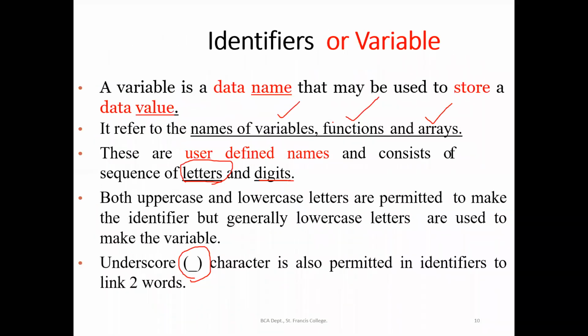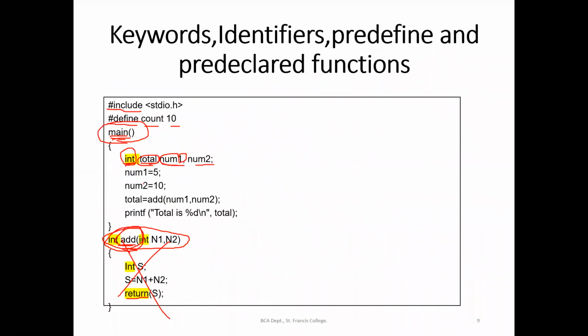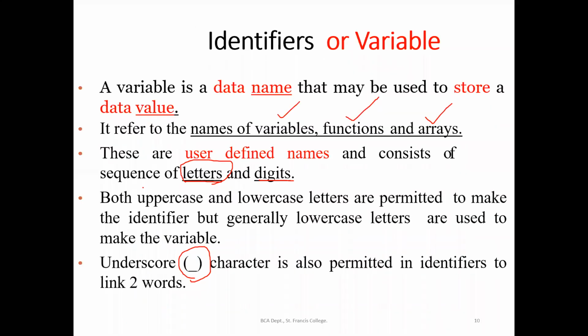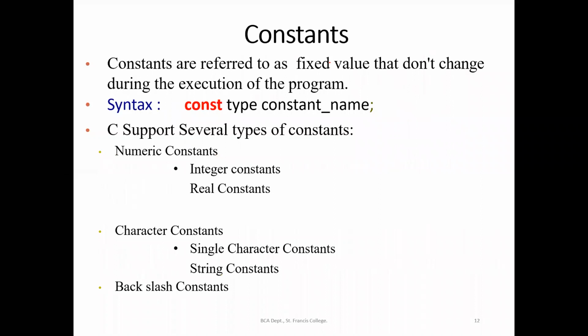In order to declare a variable, I have shown here that int is a data type. The syntax and all is coming in the next chapter. But for the time being, we will just give int followed by the variable name. So syntax we will study later. When we are declaring a variable, we will be able to change the value of the variable throughout the program. Theory concept you understand now. I'll show you how to execute it when I am showing the program, and it will be clear. Now comes the next thing, which is a C token, that is constants. Constants are referred to as fixed values that do not